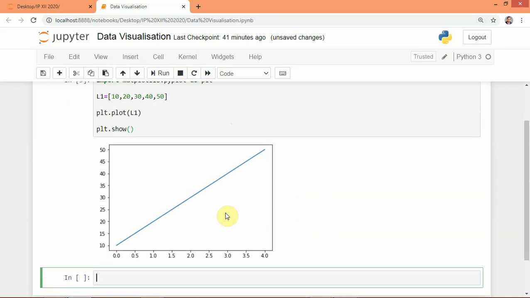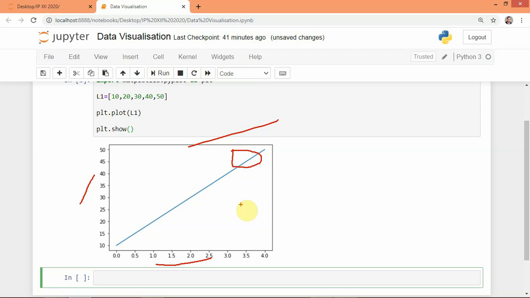Here we can see there is no title, there is no x-axis label, there is no y-axis label, there is no legend. So we are not able to understand this graph or what is being represented by this graph.